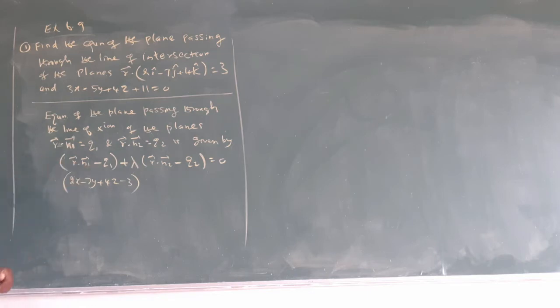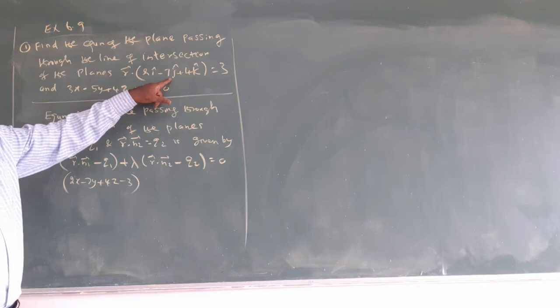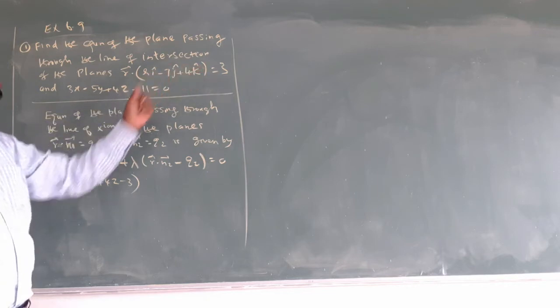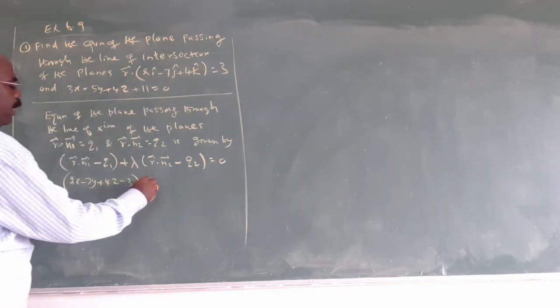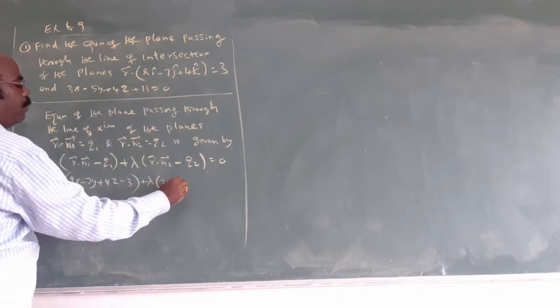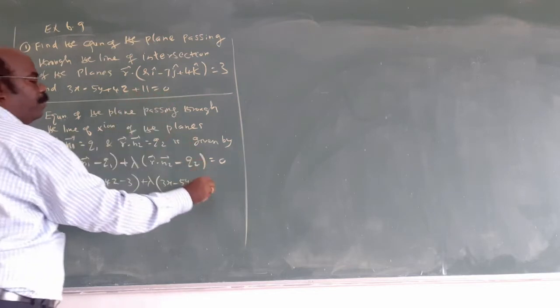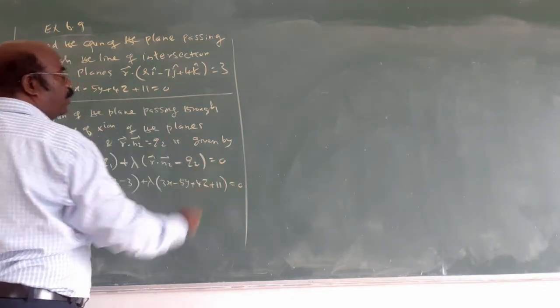R is always xi plus yj plus zk. After we expand, the answer is 2x minus 7y plus 4z minus 3 equal to 0, plus lambda into this, that is one Cartesian equation: 3x minus 5y plus 4z plus 11 equal to 0. To find the